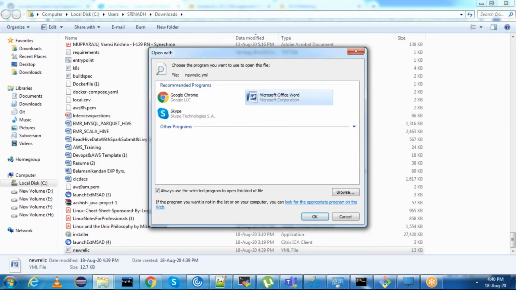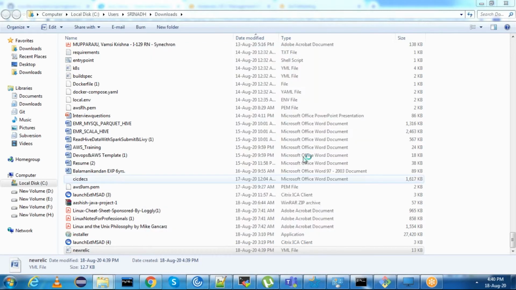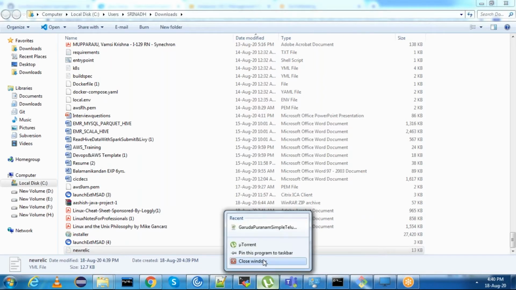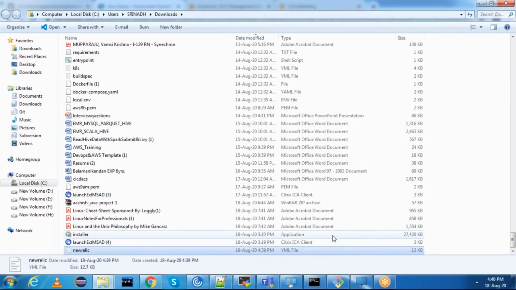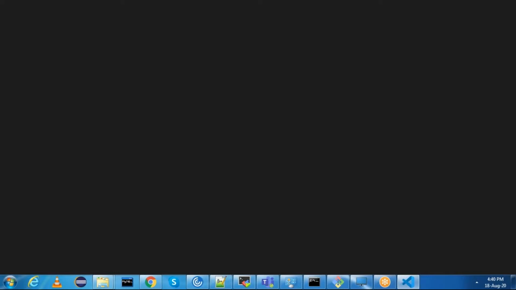I have Visual Studio Code. I'll quickly show what this newrelic.yaml contains. I can use Notepad++ also, or Visual Studio is already open. Let it open.